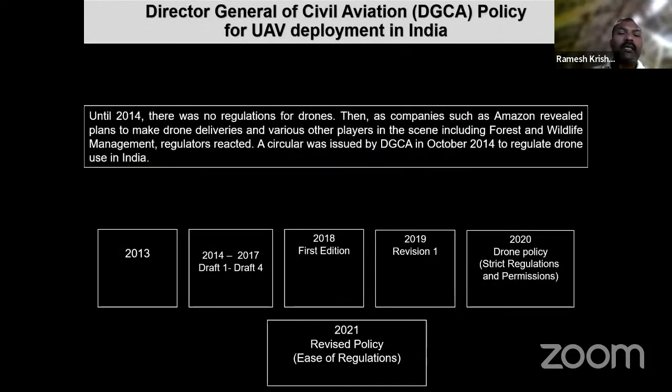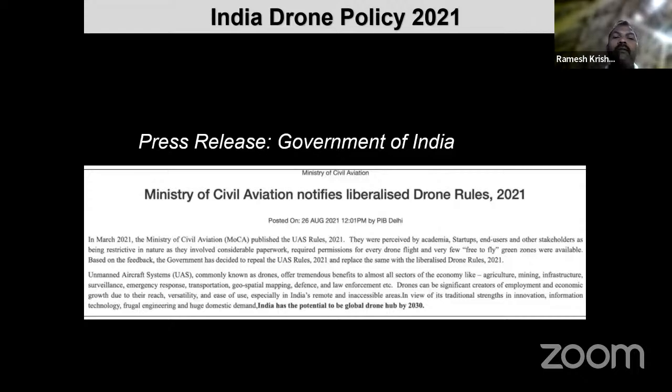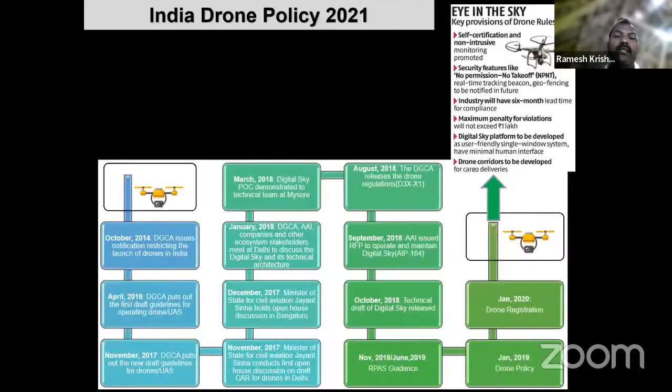So now you can see this, as I said earlier, 2013, no policy, we have it on record. But after we started flying the drone in Kaziranga and Panna, a lot of interest developed both within and outside the country. So you had this drone policy developed in 2014. It went on revision, first edition, revision. Then we had the policy in 2020, but then it had very strict regulations. But based on the input from all of us, it's been revised and it has been updated now. So this is one of the very important drone policies, I would say.